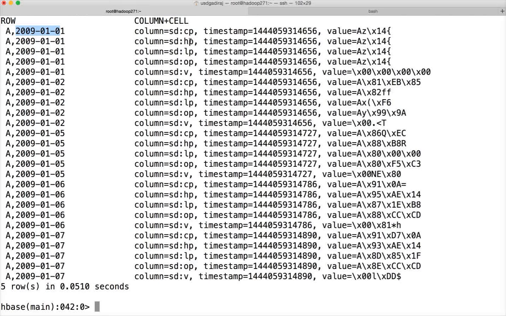All for the stock for the year, for all the 6 years, all the closing prices will be together. Then all the high prices, then all the low prices, then all the open prices, and then all the volumes. So you can apply the filters on the row key. If you just want to get volume for a given range of dates, you can apply that filter and get